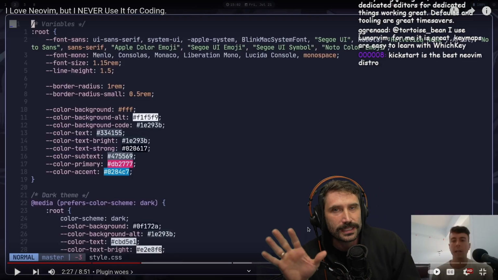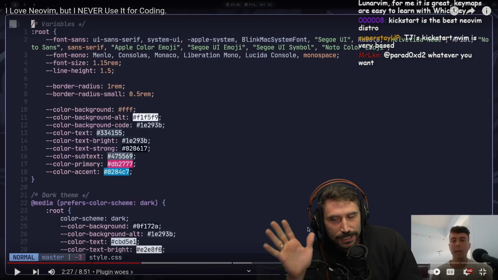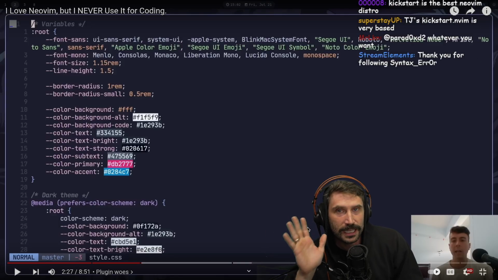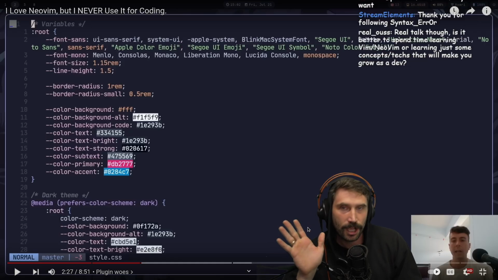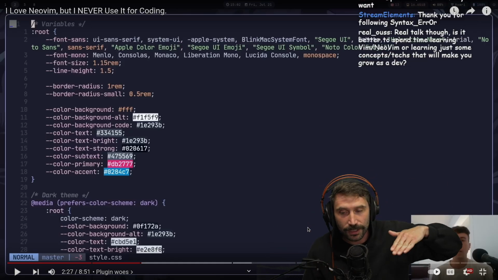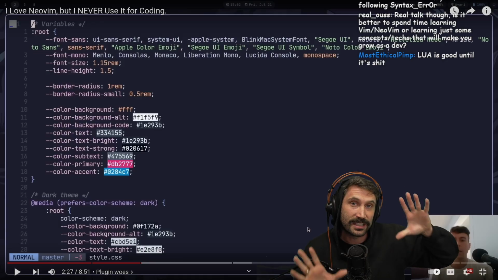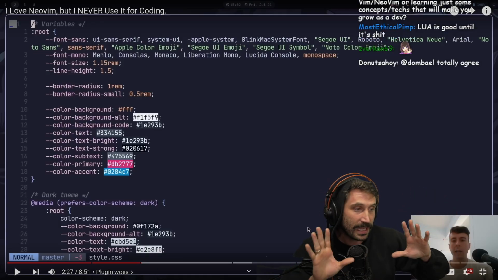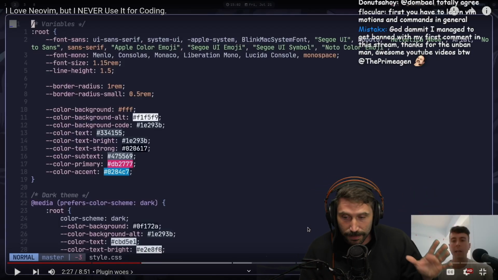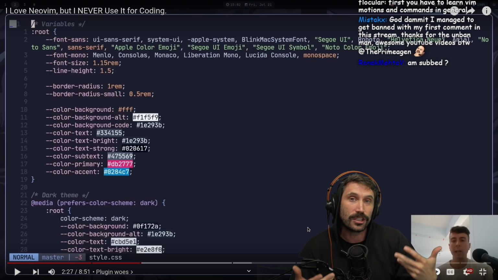And if you're gonna do one of these kind of pre-configured things, check out Kickstart. Kickstart is awesome. TJ helps do it. It's just a single file that gives you the whole nine yards of how to set up everything in LSP, how to do a plugin, how to have a package manager, and just walks you through it so that way you can do the right thing.